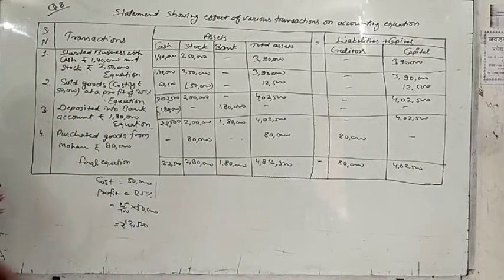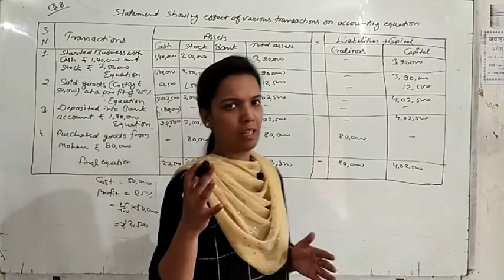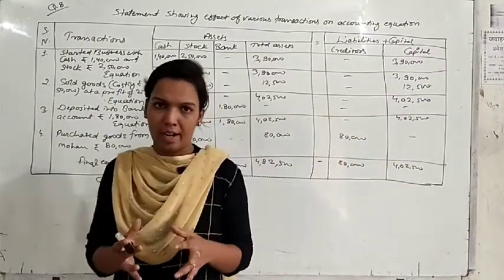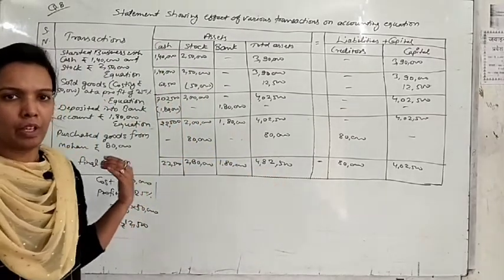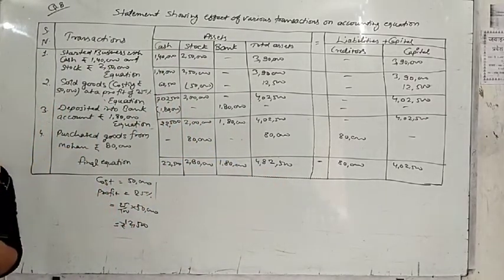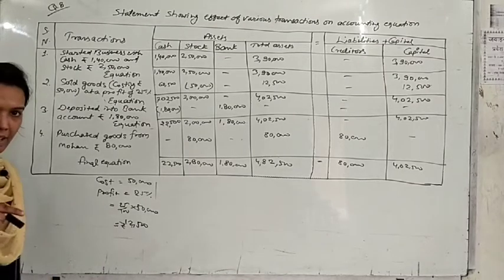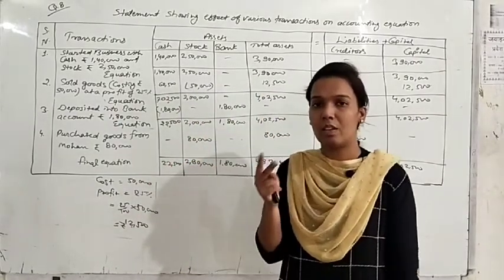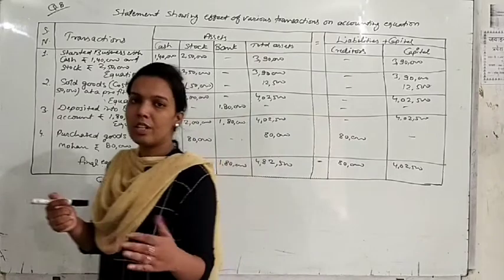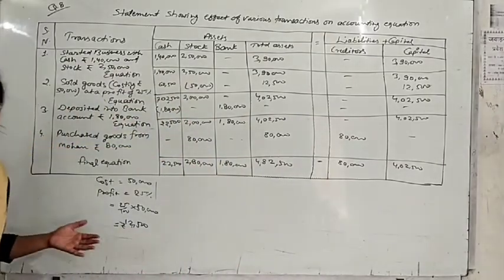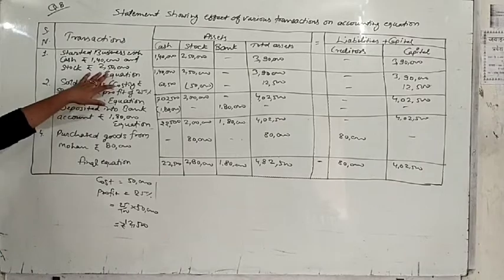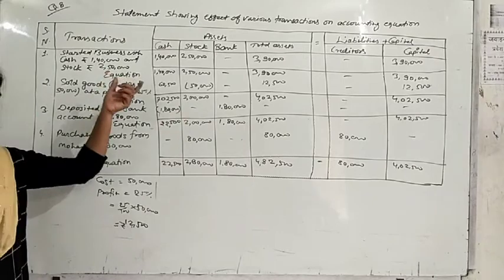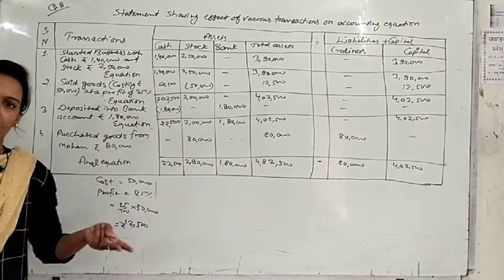So till now we have solved approximately 4-5 questions of this chapter and I hope you all are understanding these questions because they are not difficult. You just have to understand the concept. As I told you, according to the double entry system, every transaction will affect at least 2 accounts. It is not fixed that it will affect only 2 accounts; at least 2, it may be more than 2 also. As it was here: cash, stock and capital. So 3 accounts were affected by this transaction.